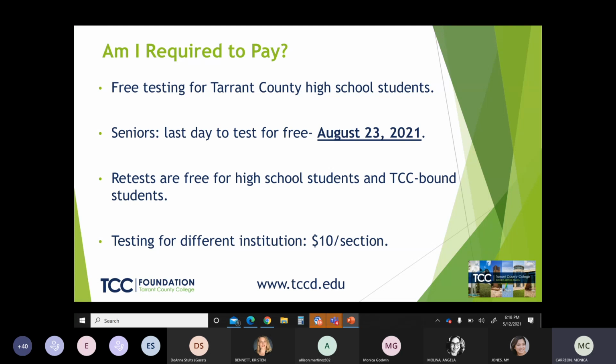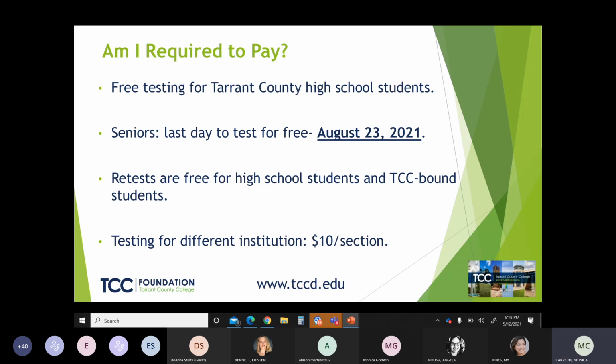Retests are free as long as you're in high school and as long as you are planning on taking classes at TCC. Now, if you are a senior and you're planning on taking your scores to a different school, UTA, Dallas County College, Texas State, whatever the case may be, and you choose to retest, it is $10 per section.